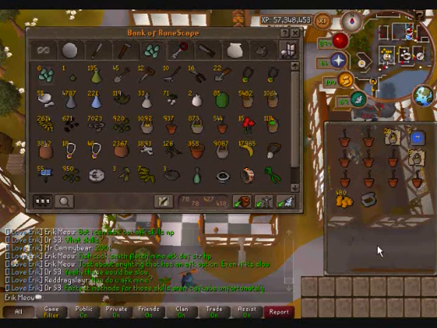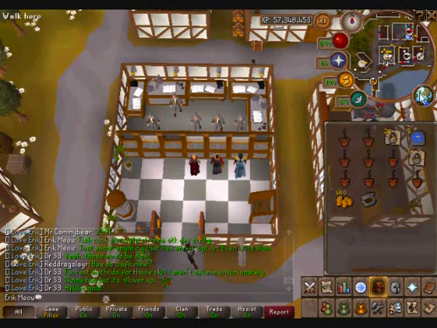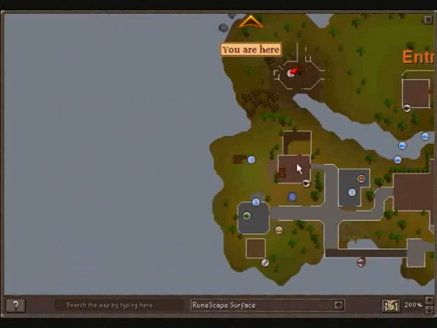Well, we start off in Catherby. We'll be going to Falador, Lumbridge, Varrock, and also the Grand Tree. So let's start by showing the map here. This is the veggie spot where we farmed just now. We're going to be going down and over to this curry tree, and then back over to this here, which this boat takes us down to...